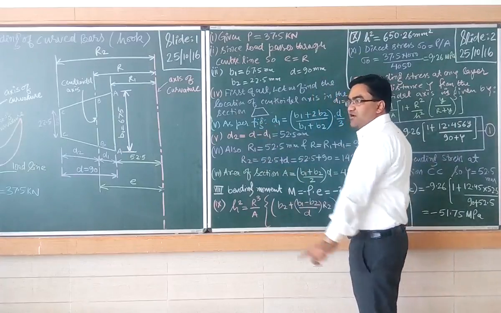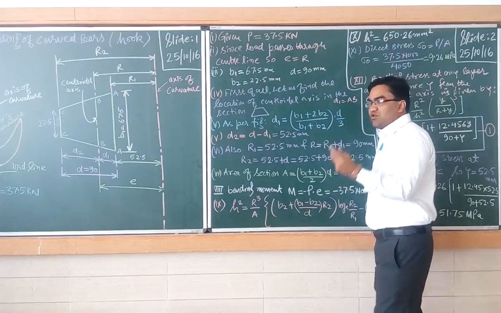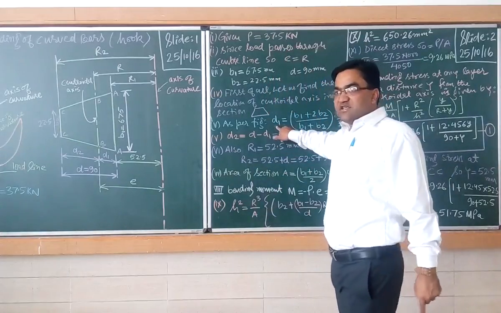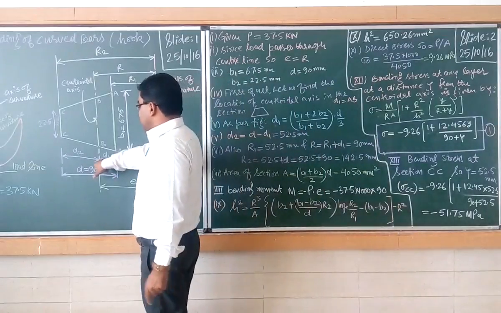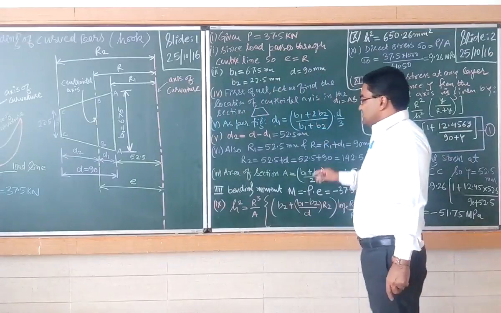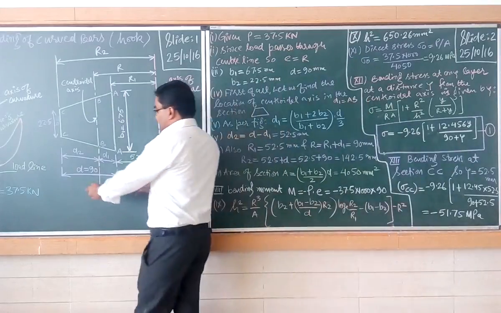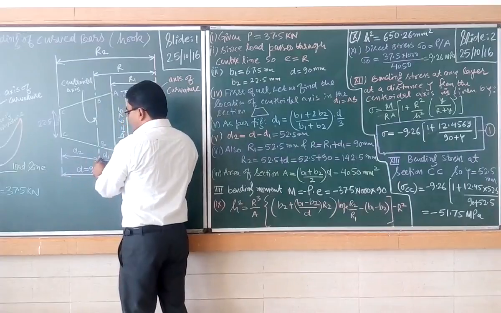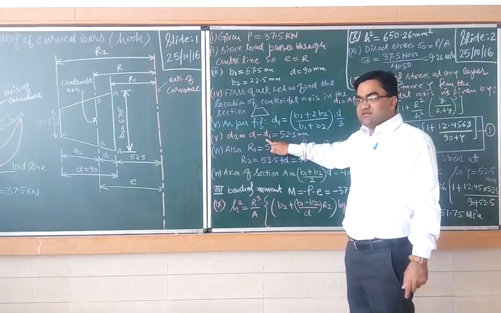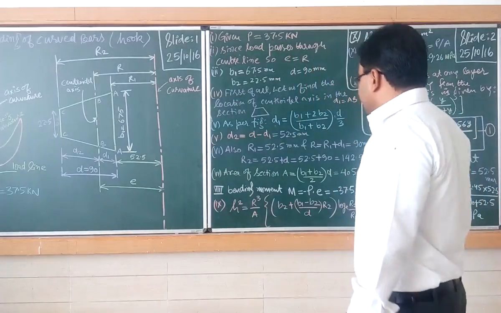D1, as per the geometry of the trapezoidal section, is given by (B1 plus 2B2) divided by (B1 plus B2) into D by 3. We know the value of B1, B2 and D, so we can locate D1. Since we have located D1, the distance from A to B, we can locate BB, meaning the centroidal axis. Now we can also find the value of D2. The complete distance from A to C is 90. D1 has been found out, so D2 will be equal to D minus D1, because total D is equal to D1 plus D2. This is quite clear from the figure.